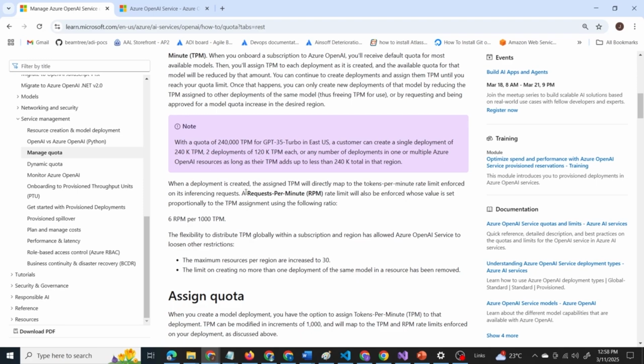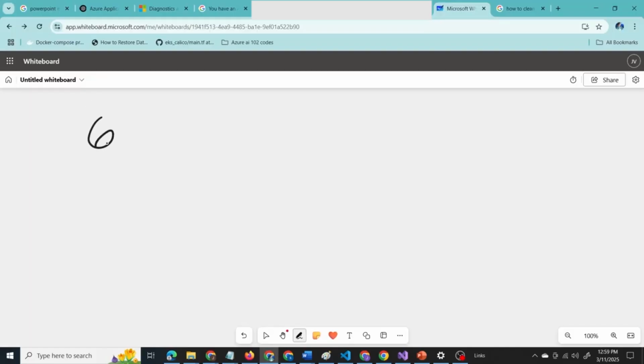So what is RPM? RPM is requests per minute rate. So 6 requests per minute is equal to 1000 tokens per minute. Let us note this down. So as per the documentation, 6 requests per minute is equal to 1000